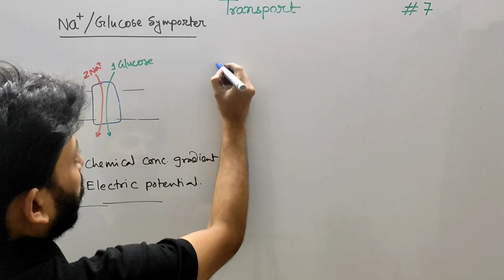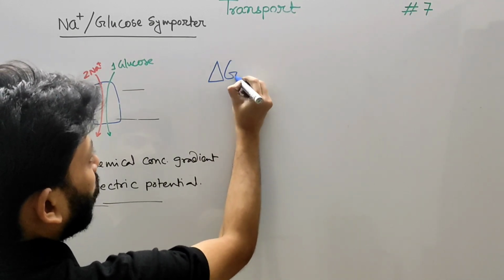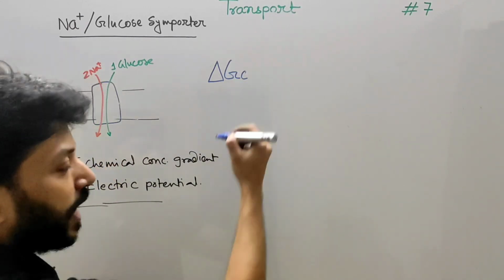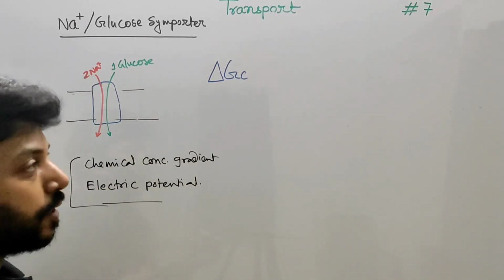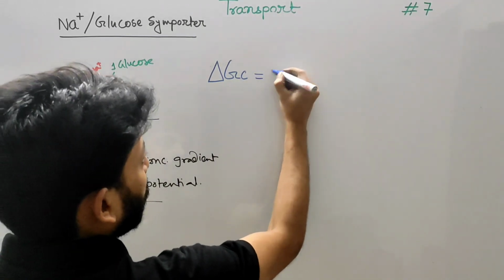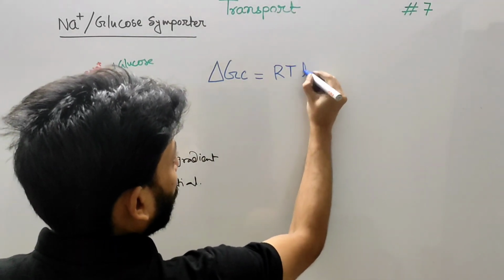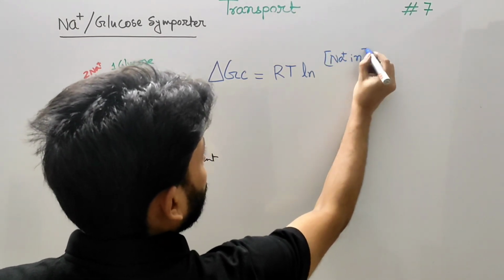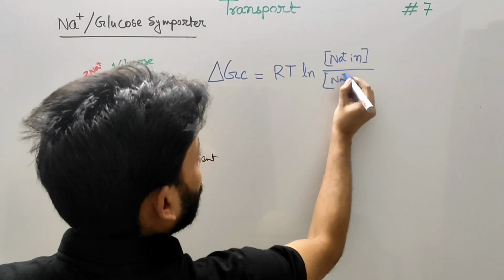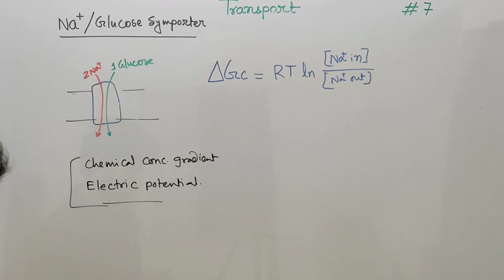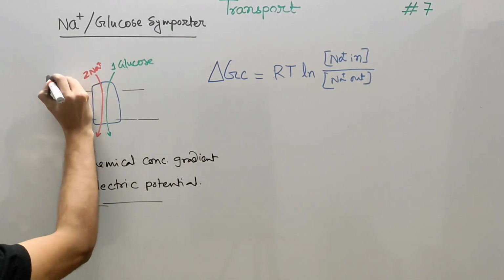The free energy change we denote as delta G. For the chemical concentration gradient we write it as C. The formula is the free energy change that occurs during the import of sodium, because here the sodium concentration is high outside, so the formula will be RT ln of sodium in divided by sodium out. So we have to divide the two concentrations,